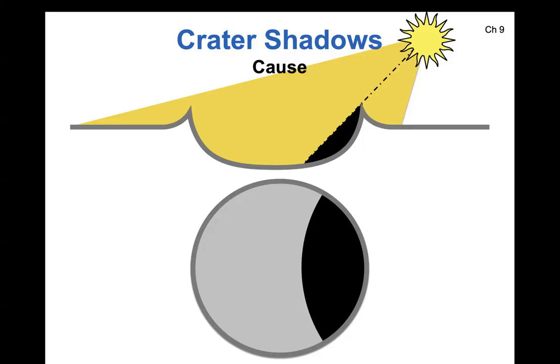The moon has very little axial tilt, but that doesn't mean the peak altitude doesn't change. It just means you don't have to do that further calculation to find the peak altitude at different latitudes. You just know it's going to be equal to your latitude. So if you have a crater near the pole, and the sun is not reaching a very high peak altitude, because the angle between the vertical and the location of the sun is essentially equal to the latitude because of the lack of axial tilt,